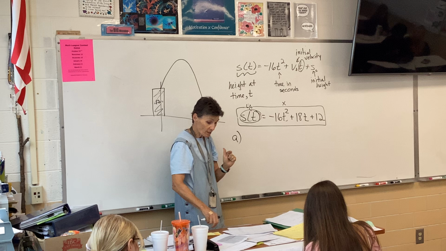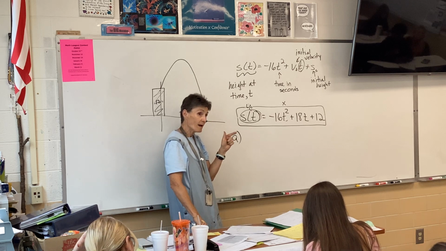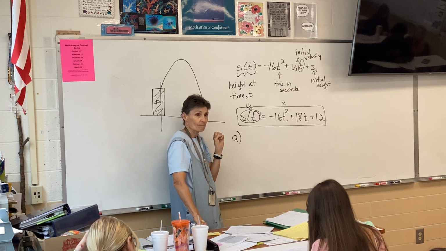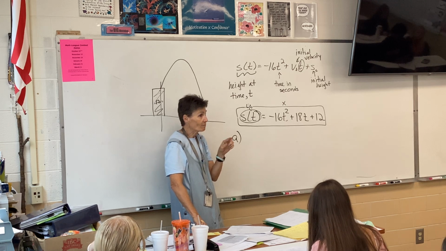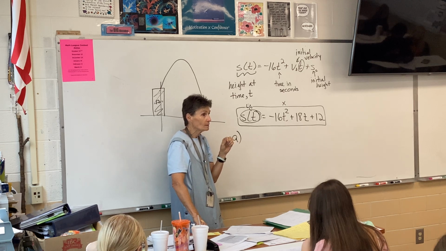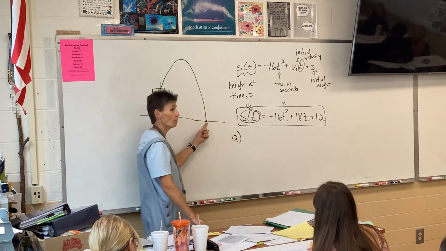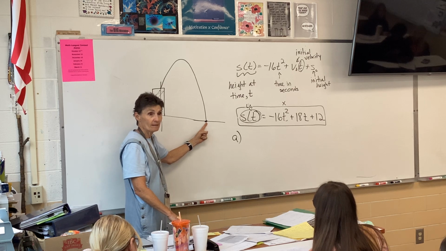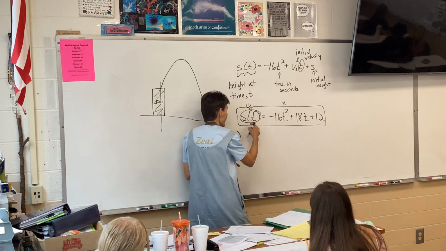So read question A again and tell me, which do I know? Do I have a y value? Do I have a height? Or do I have a time? I have a y value. Why do I have a y value? Where is the ball? 12 feet. No. When does it hit the ground? Where is the ball? On the ground. And if it's on the ground, how high is it? 0. So for part A, the height is 0,